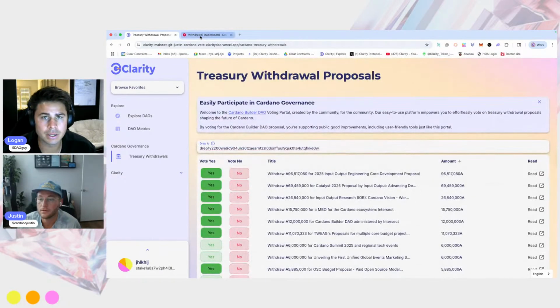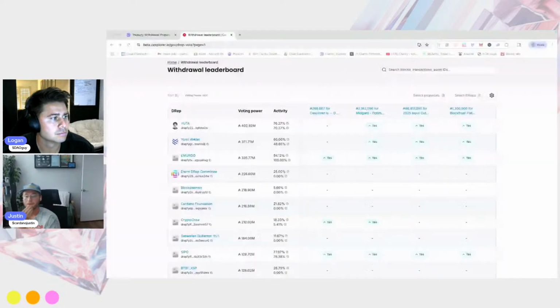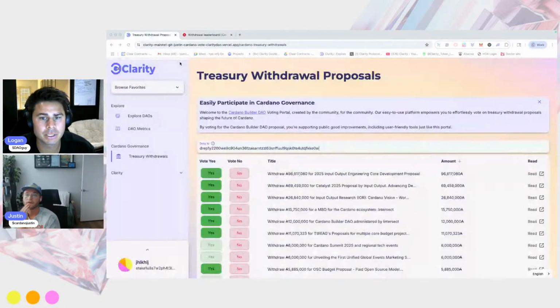And then say I wanted to do my own. Let me grab my DRep ID here, one second. So if I wanted to do my own, grab my DRep ID, and then I pop it in here.